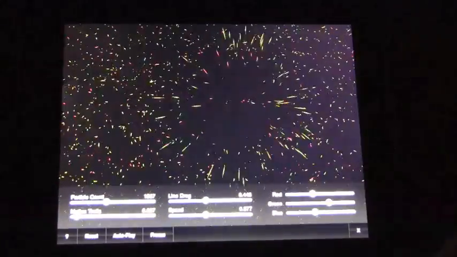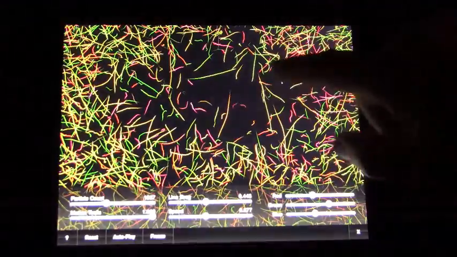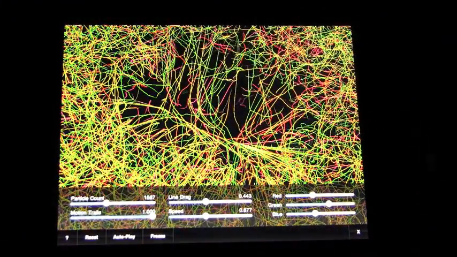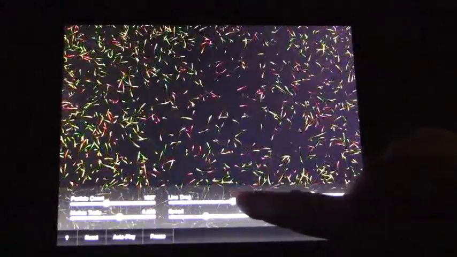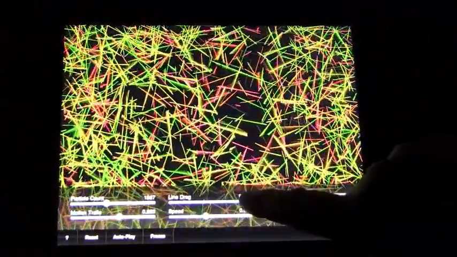Motion trails, you can reduce it so they're little dots basically, or you can make it the extreme so they're just swirling all over the place. Line drag is how much their tails drag, obviously, and their direction on the screen, which can be quite fun. Speed at which they fly around,